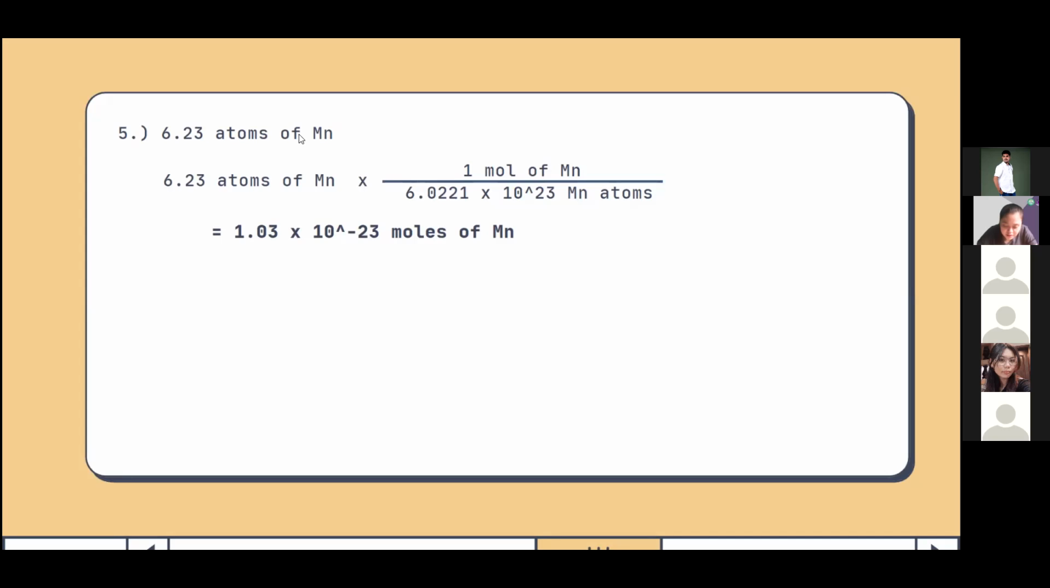For our number 5, 6.23 atoms of Mn. 6.23 atoms of Mn times 1 mole of Mn over 6.0221 times 10 to the power of 23 Mn atoms is equal to 1.03 times 10 raised to the power of negative 23 moles of Mn. For the next number,